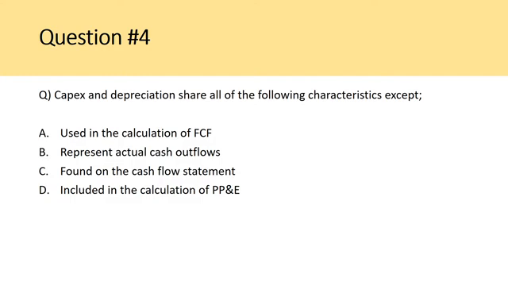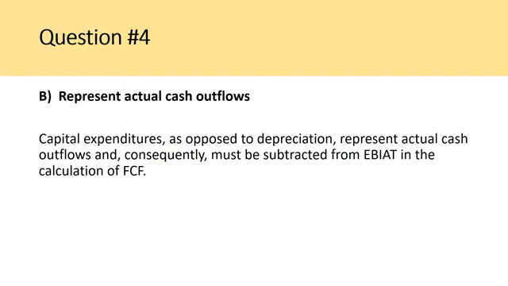B, it represents actual cash outflows. Well, one does. CAPEX represents outflows, but depreciation is a non-cash charge, so that's not really a cash outflow. C, found on the cash flow statement, both of them are, and then D, it's included in the calculation of property, plant, and equipment. That as well is true. So B is